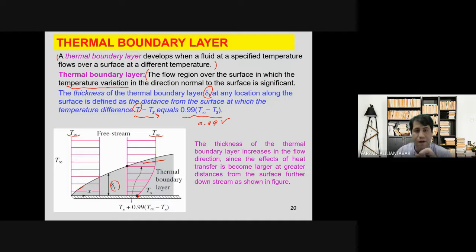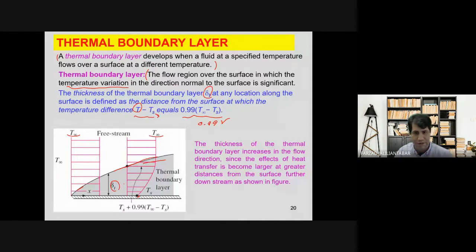If this T minus Ts is equal to this, then we can say that is the boundary, this line, actually, which we can calculate delta T, and we can say that is the thickness of